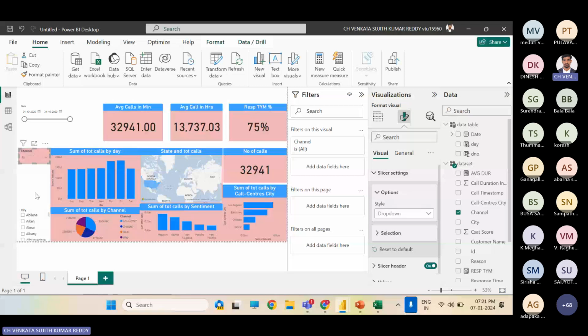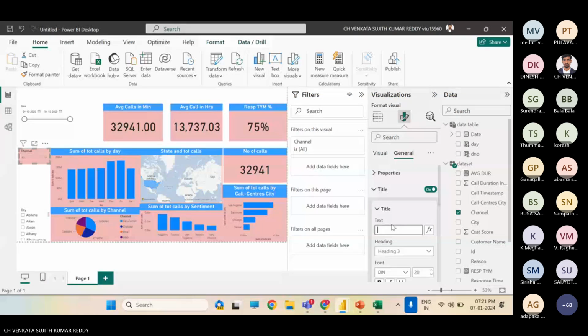Channels. We should turn off the slicer header, which is not needed.